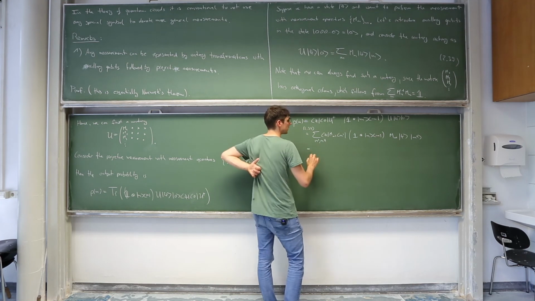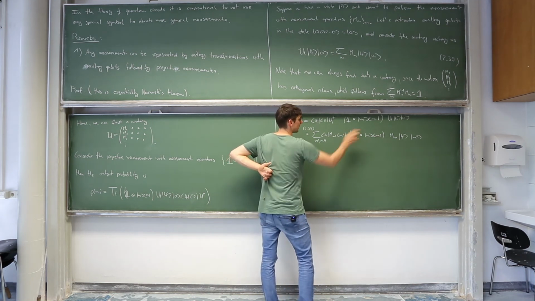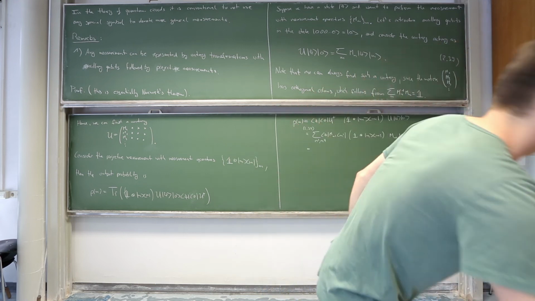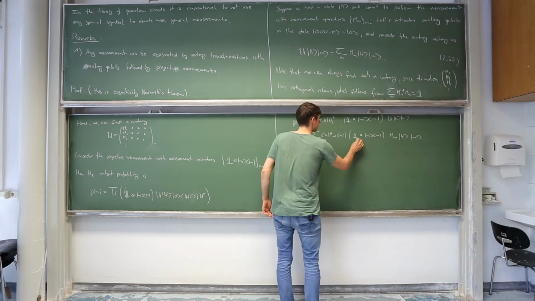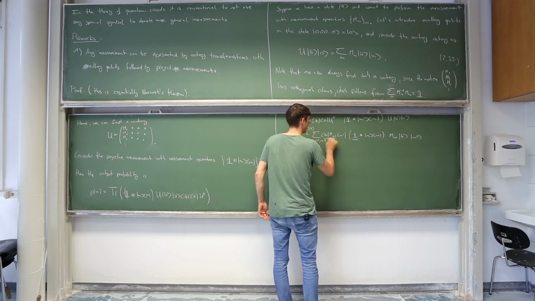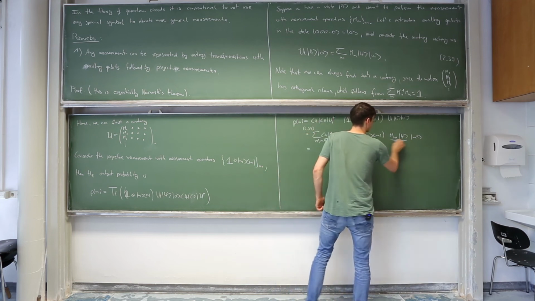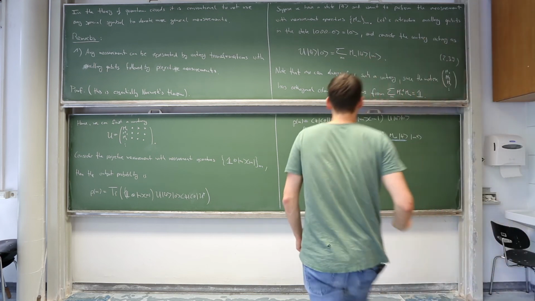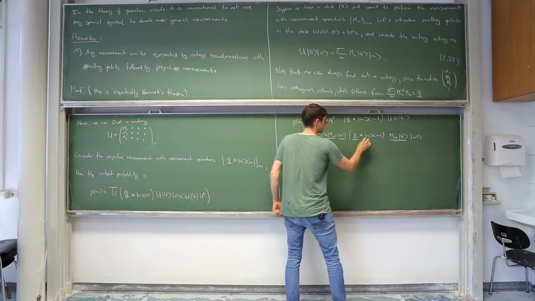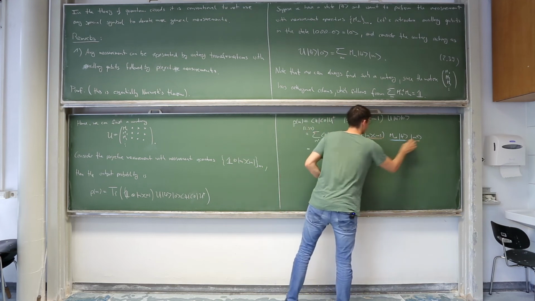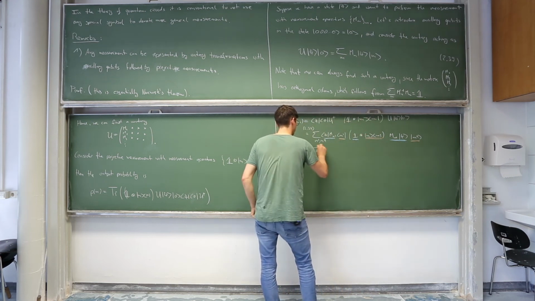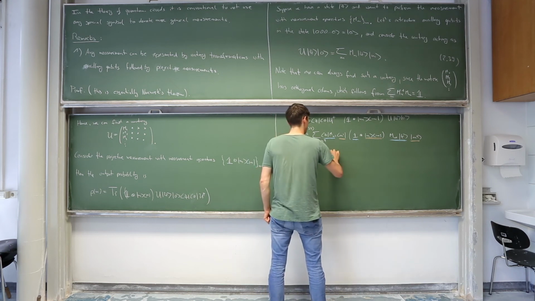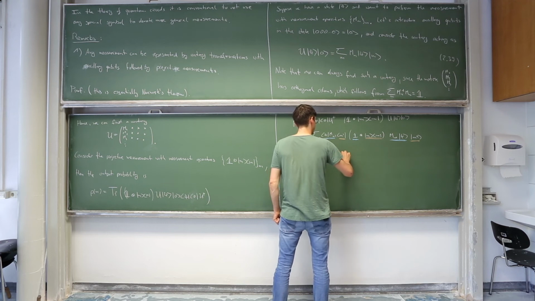Okay, so now we can multiply this out. So there's the identity on the first subspace. So this is the first subspace here, here, and here. And the second subspace is this, and this. So we have the sum over M prime and M prime prime of psi M prime,